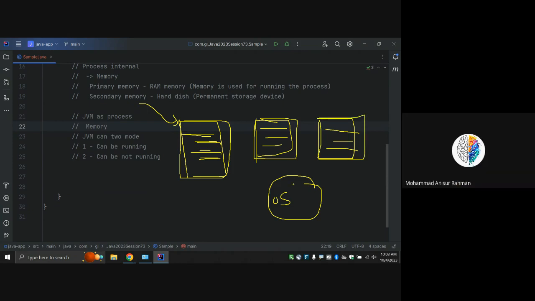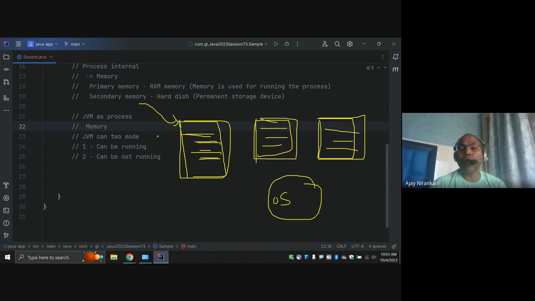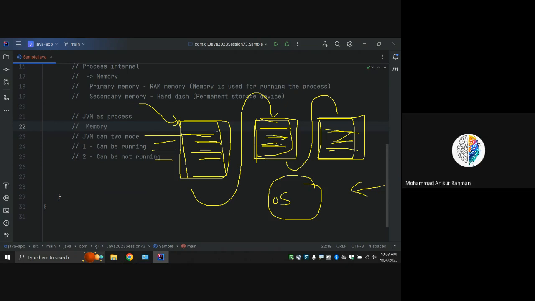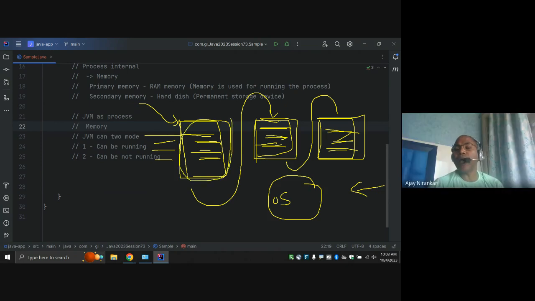Currently, what happens? Once this method is done, we move to the next. This method is done, then we move to the next. This method is done, then you can say our main method is completed. This is known as sequential execution of your methods. Method one is completed first, then method two, then method three. In this way, all the methods we have written run sequentially, one by one.